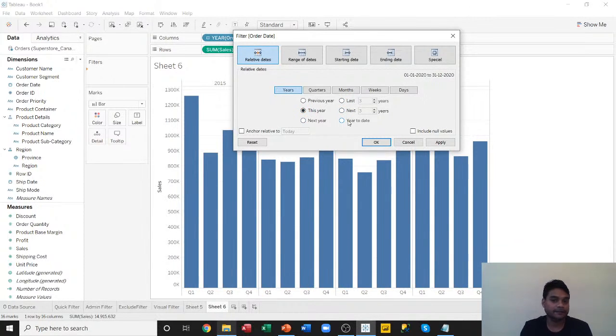year to date. Now for example, if I select last 3 years, this particular last 3 years option will show you the sales of the last years considering the present date and time that is there in your system. It will compare the sales by considering the present date and time from your computer, and will produce the last 3 years of sales. For example, if I select last 3 years and apply,